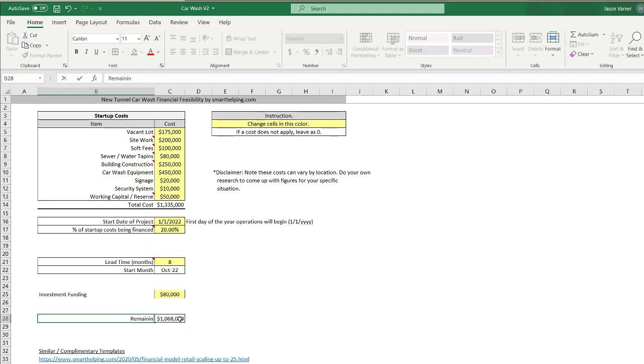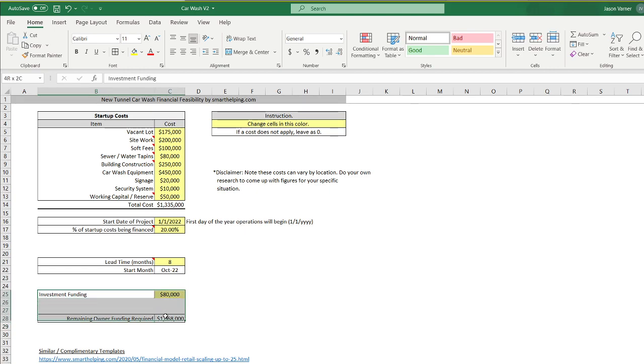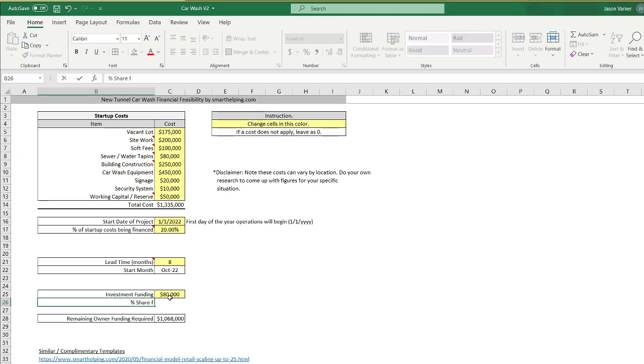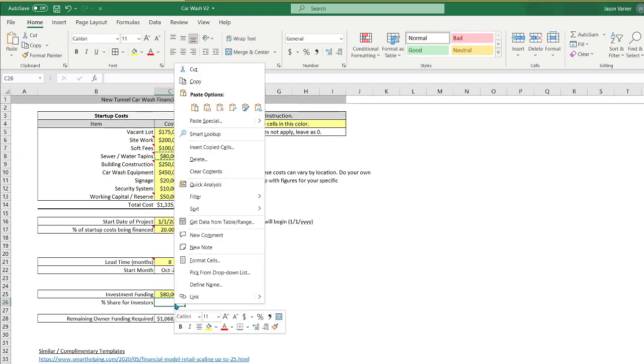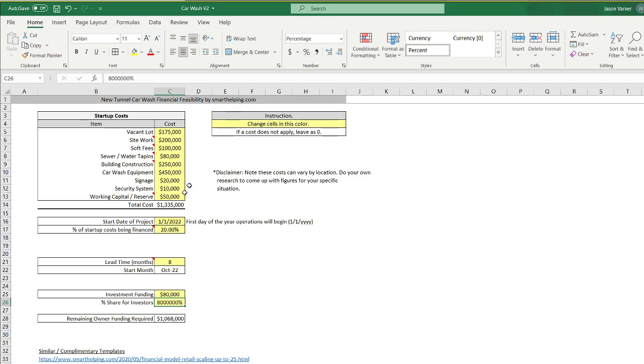And this is remaining owner funding required, which might be 0 if you get it all from the bank and or investors. So percentage share for investors. Let's say if you're going to get 80,000 from them,